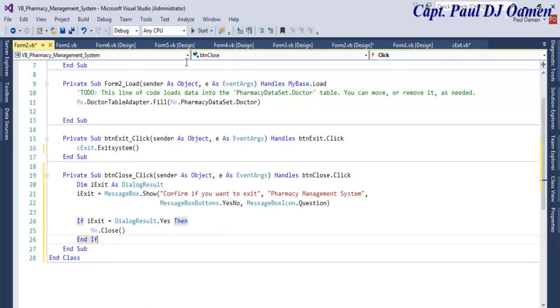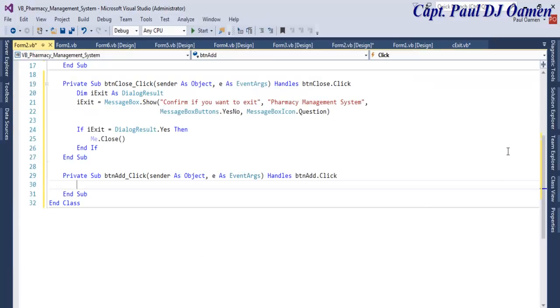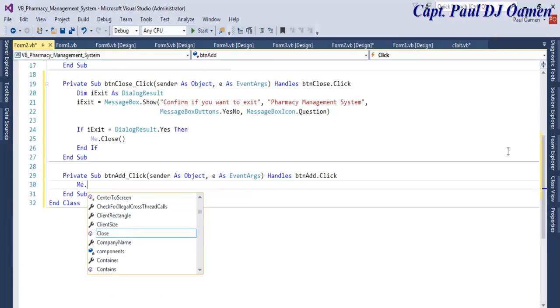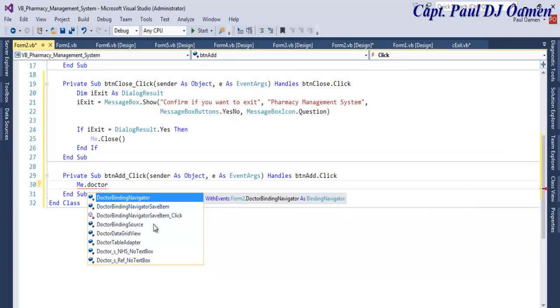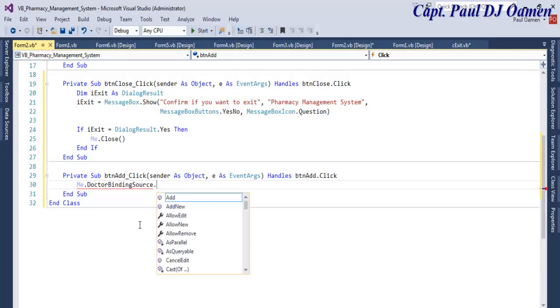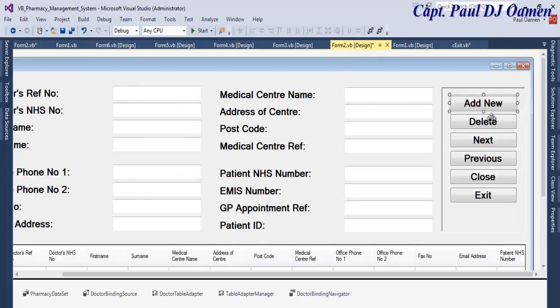that's taken care of. Now, still in form 2, you see this very one, move previous. We need to know the name. The name is doctor binding source. So double click on this and just say me dot doctor binding source dot add new. Let's copy that, and the next one is delete